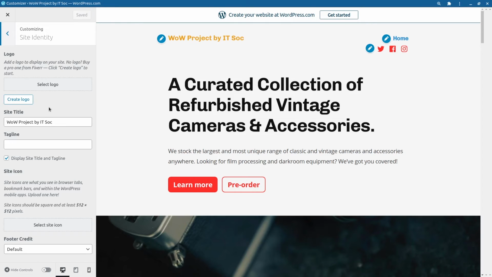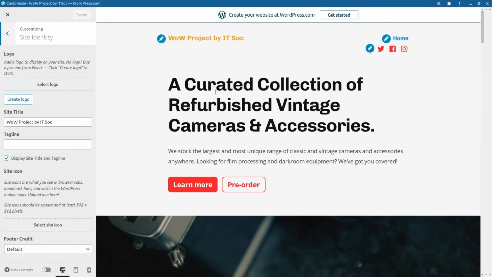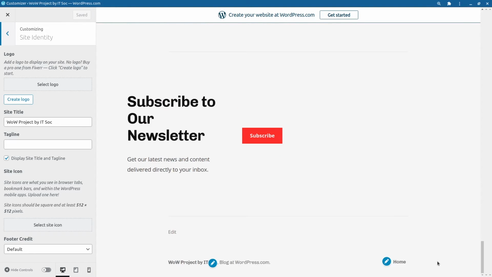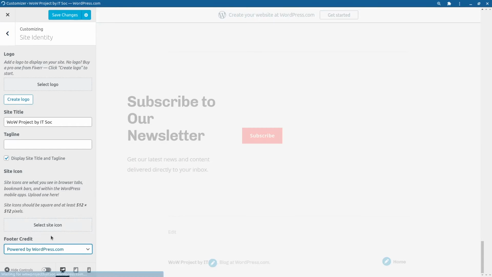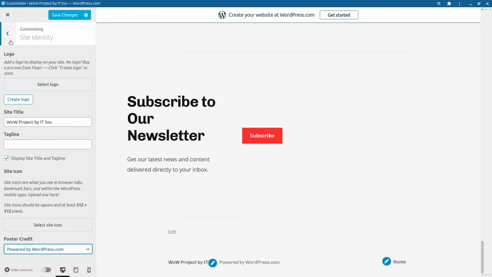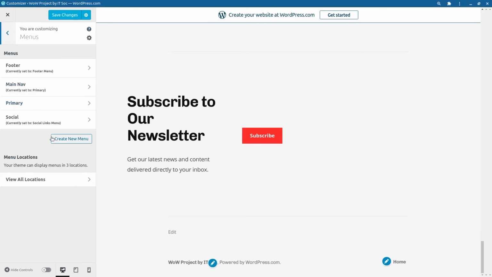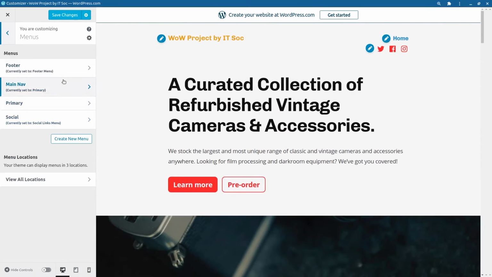You can upload your logo here. Create a logo is waiting with Fiverr, and that one also needs a premium, I believe. Alright, and for the credit we can edit this. For this one we'll just ignore this first. Let's take this as our homepage. Alright, so the footer, I like this one better. And for color I will leave it like this.